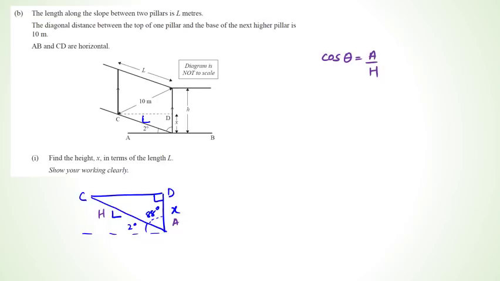So we've got cos of 88 degrees equals adjacent, which happens to be X, over hypotenuse, which happens to be L. Now, this question is actually asking you for X in terms of length L. So we can just say, if we cross multiply,